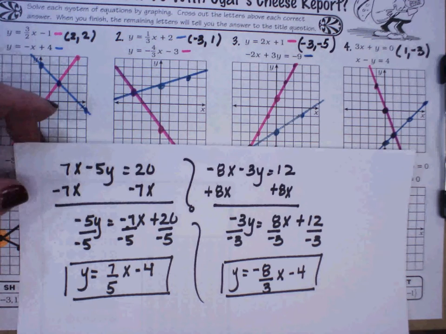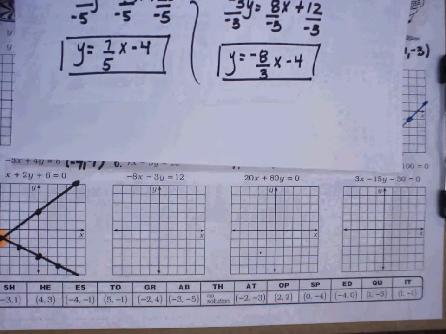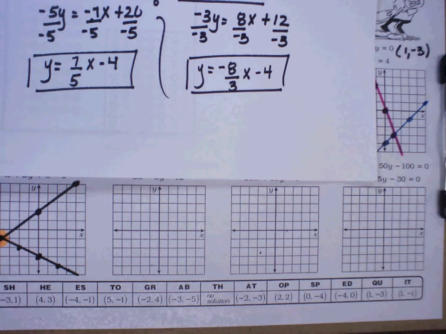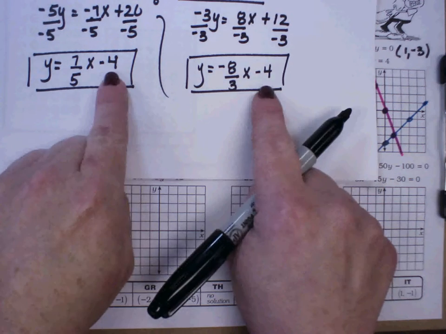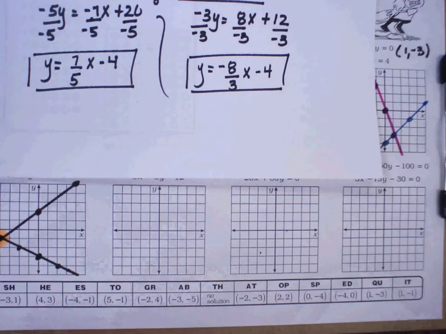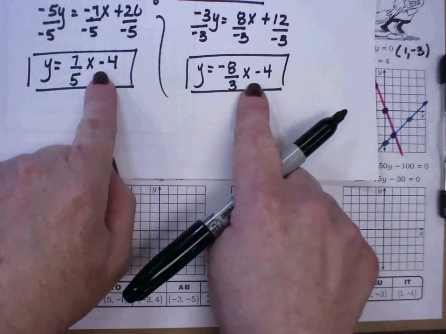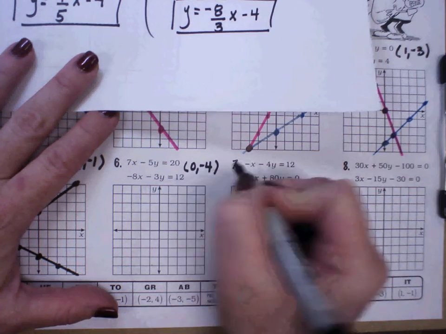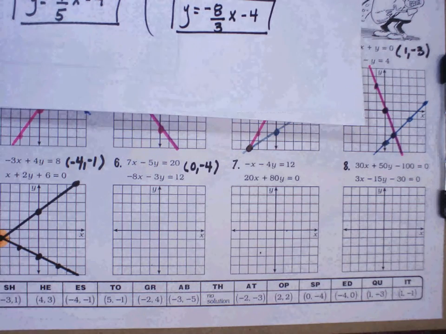Oh yeah. Oh my God, I don't even need to graph them. Very good. Where do they graph? Where do they touch? On the y-intercept. So I'm not graphing them. Can you see it? Yeah. So what's the 0 and negative 4? Yay? So some of them are that easy.